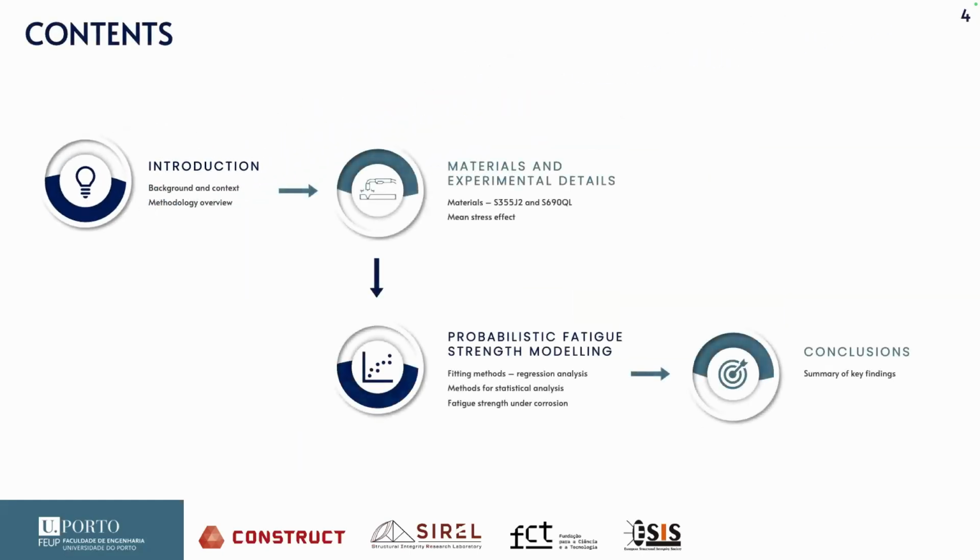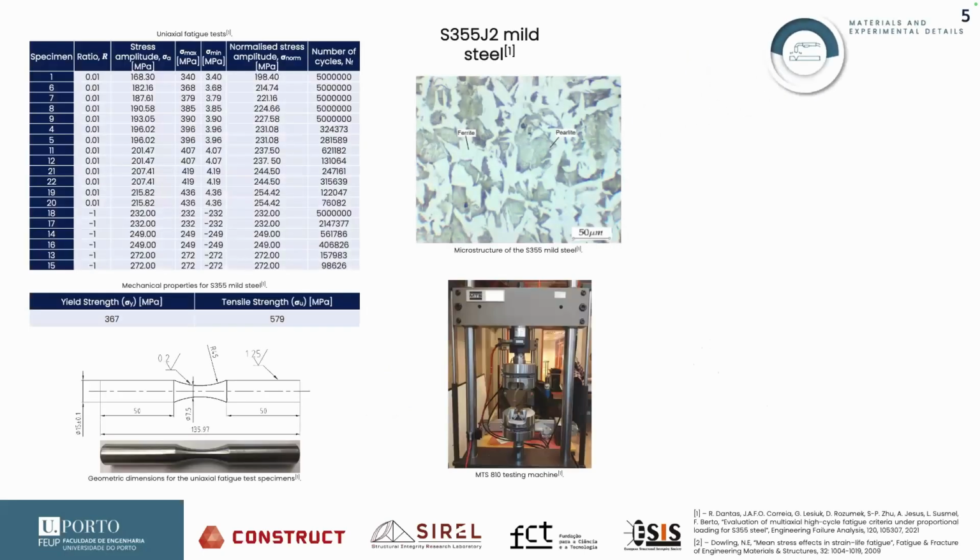So now talking about the materials and the experimental details that were applied for the design curves. So Dantas et al. evaluated the S355 G2 mill steel through uniaxial fatigue tests. These uniaxial fatigue tests were performed under different stress ratios, as you can see from the table. So since we had some stress ratios with a 0.01 stress ratio, we needed to account for the mean stress